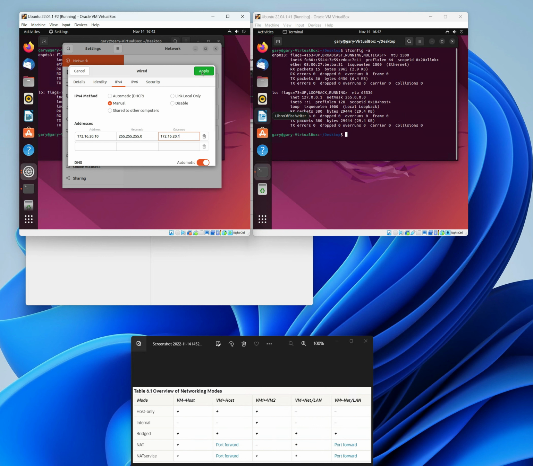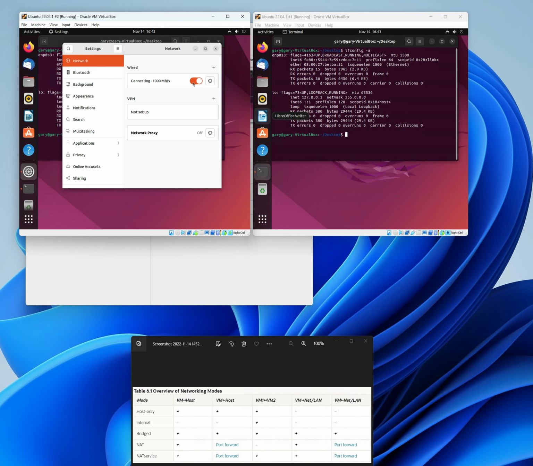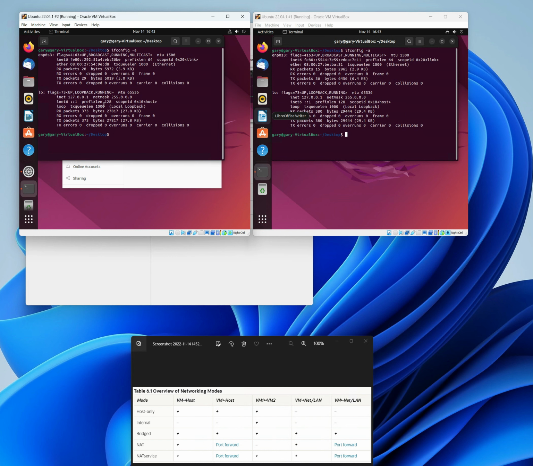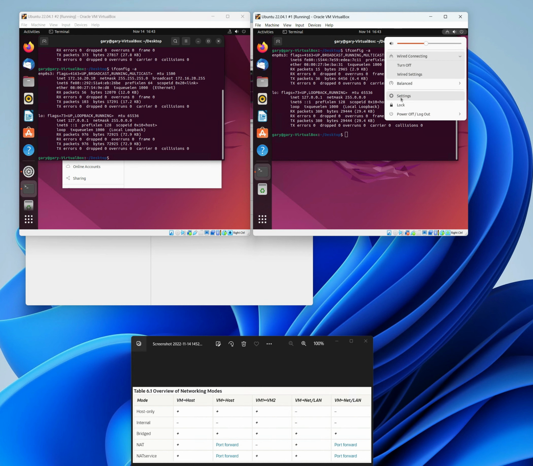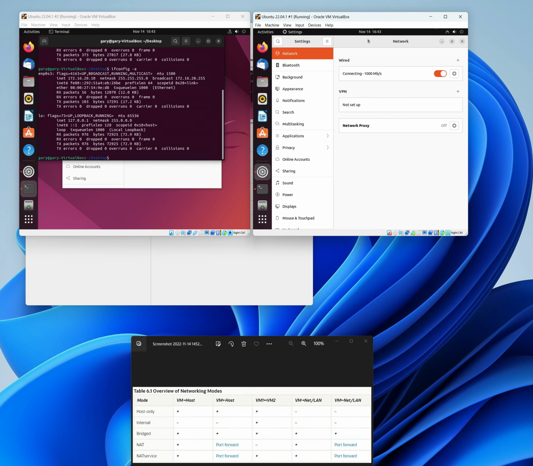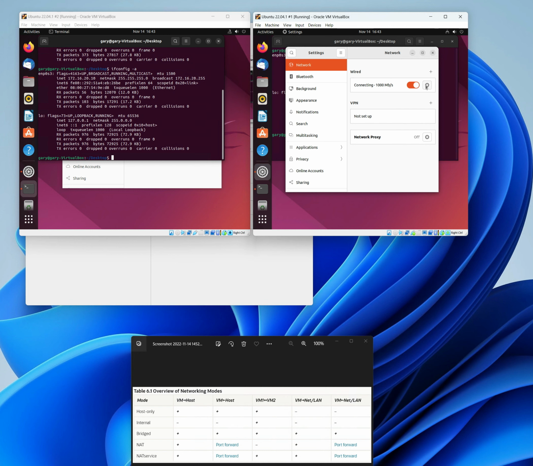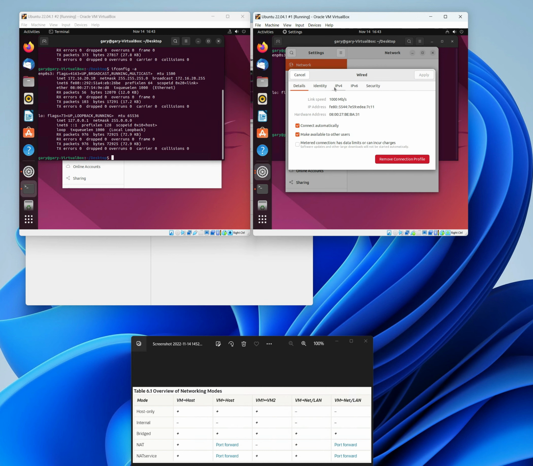So let's apply that. And we're going to have to down the NIC and turn it back on again. And now let's do this ifconfig again, and notice that we now have an IP address. Let's go do the same thing over on this side and go to settings and wiggle this thing so it shrinks down, edit, IP4, manual, and